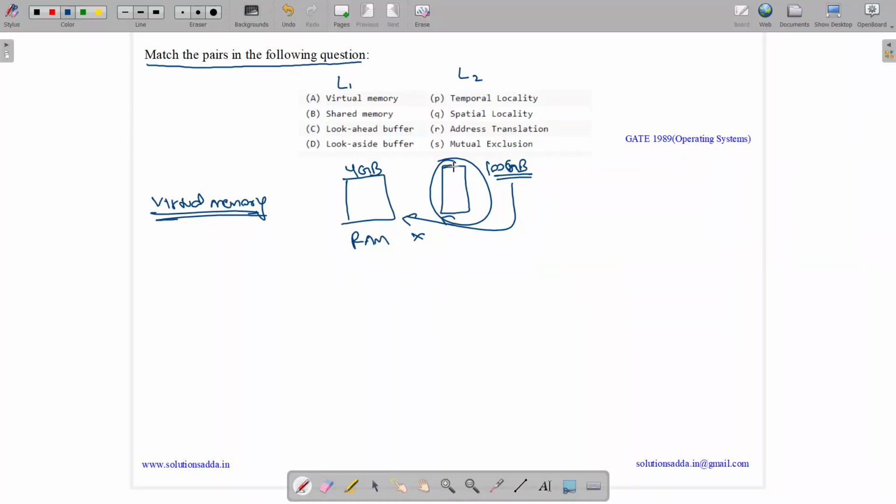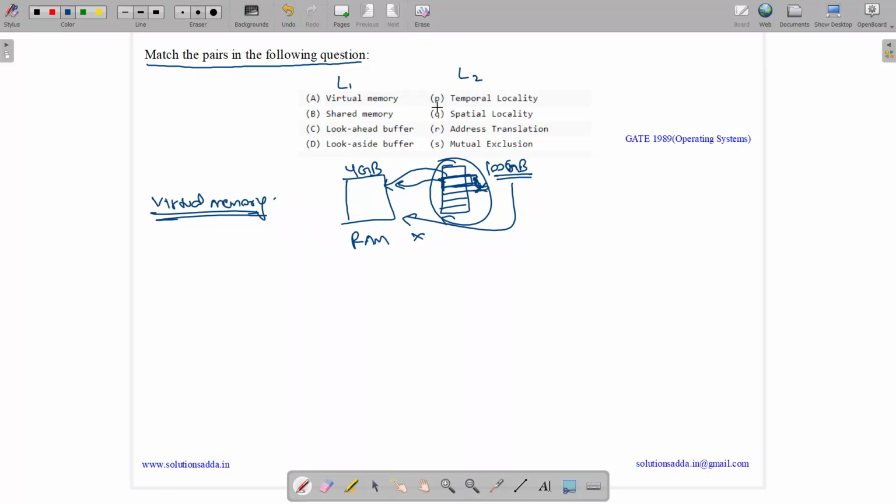So we divide the process into various pages and load each page into a frame of the RAM. So virtual memory allows processes larger than physical memory by breaking them into chunks, and instructions which are close are fetched from these chunks. Spatial locality: if we use something in memory, we will probably need the thing closer by. Let us suppose we break it over here and we bring this page over here. Then some parts of it which are close to it are also brought. This is called spatial locality. So virtual memory can be mapped to spatial locality.